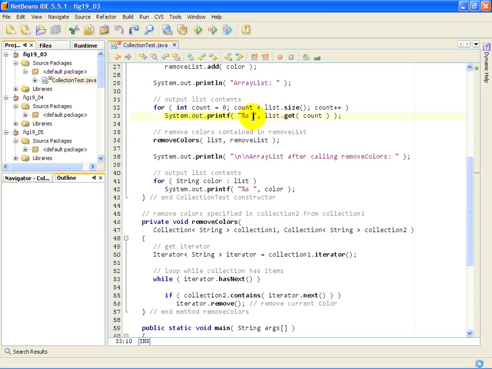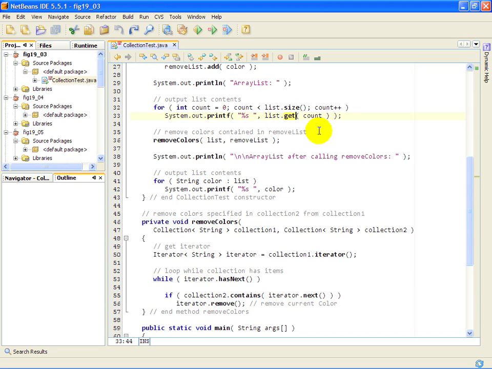And in the body of this loop we're going to print a string, and the way we're going to obtain the string is by saying to our list, get us the element at position count. So you can literally iterate through the list using indexing just like you do for an array. However, unlike some other programming languages, Java does not allow you to do what we call operator overloading, where you could actually define the square brackets operator to work with something like a list. So instead of using an operator to obtain each value, we use a method called get to obtain each value